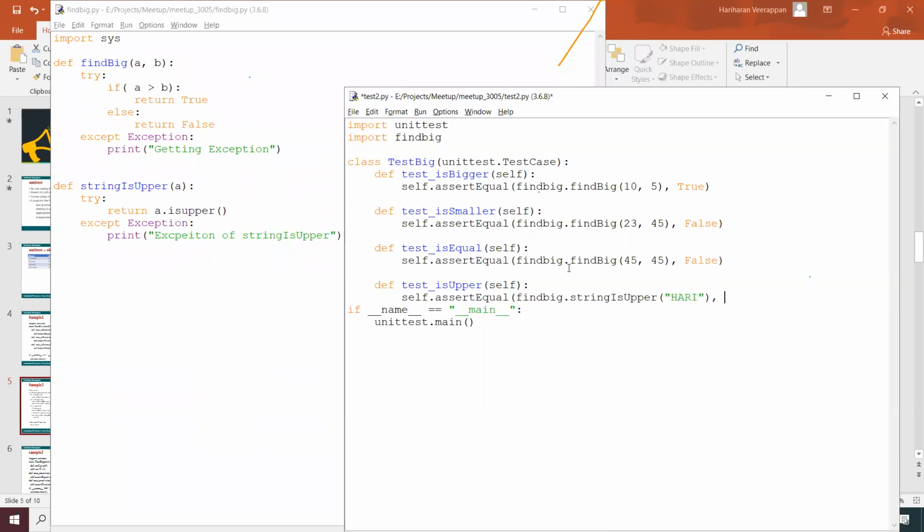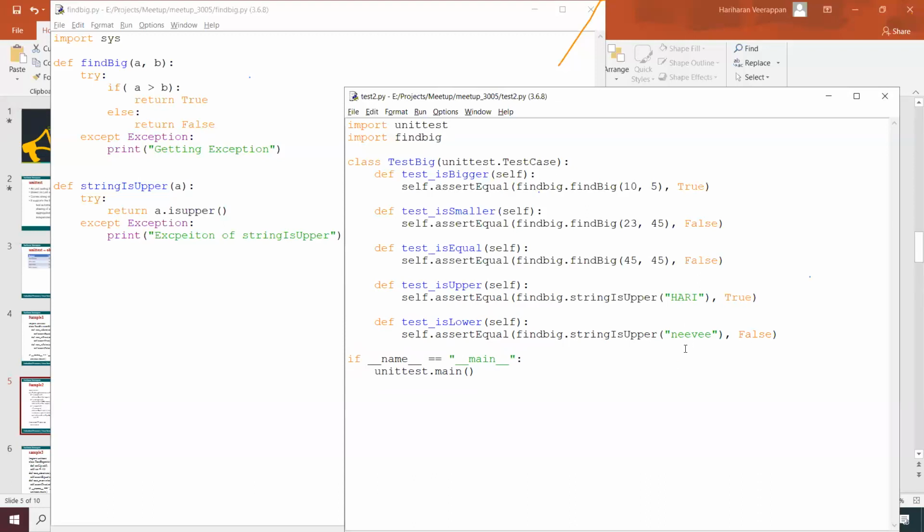It should return true over here. Maybe we can do def test_is_lower of self, and use self.assertEqual findbig.string_is_upper with maybe navy over here, and it should be false, because this is not an uppercase string.